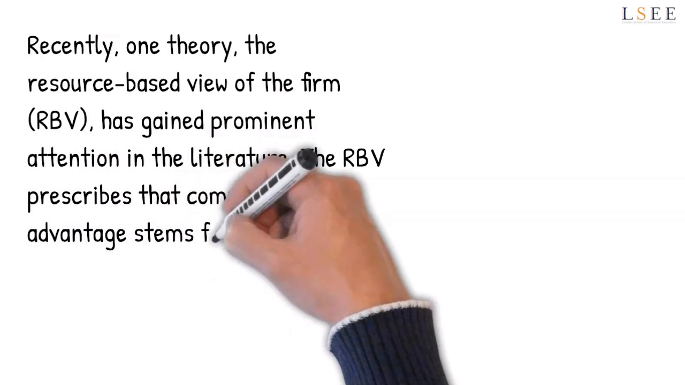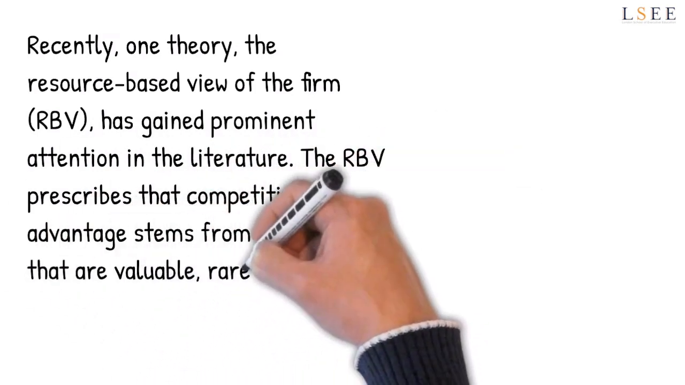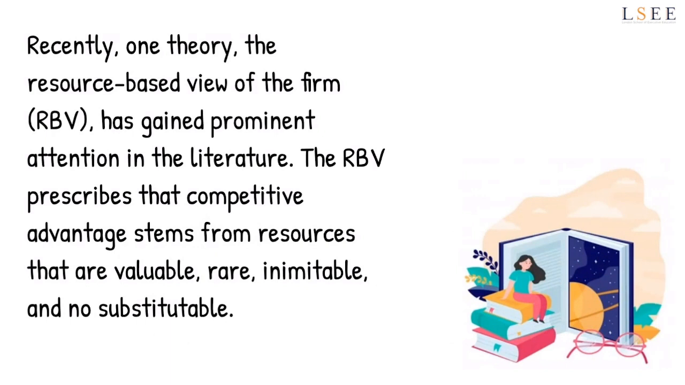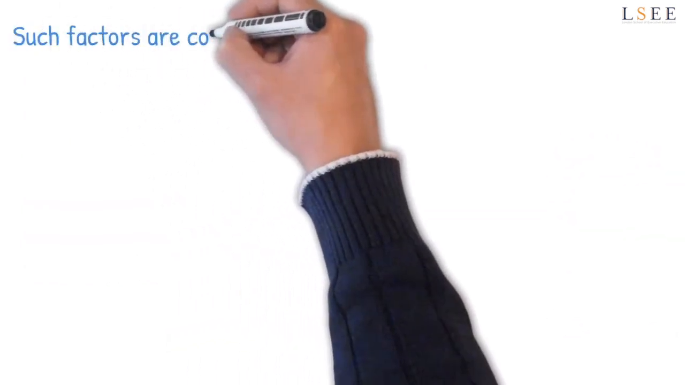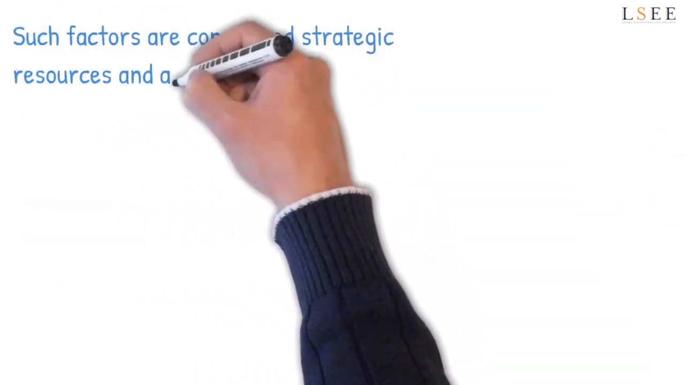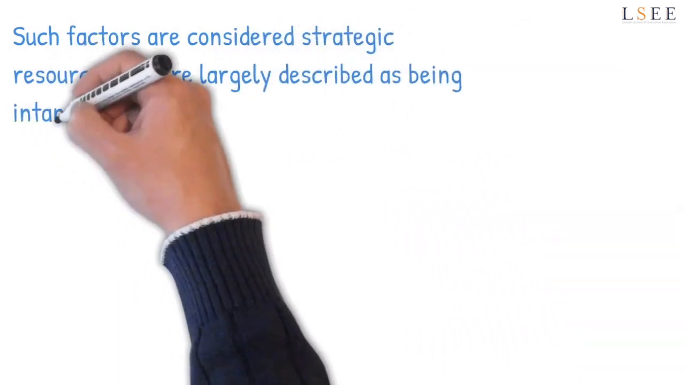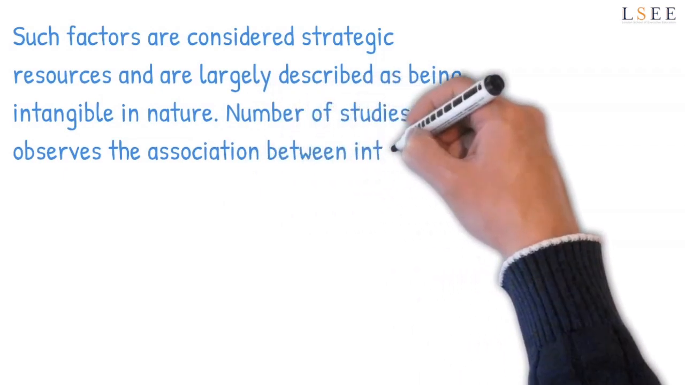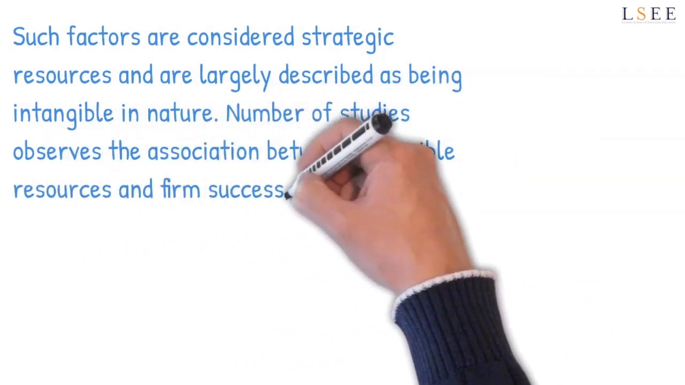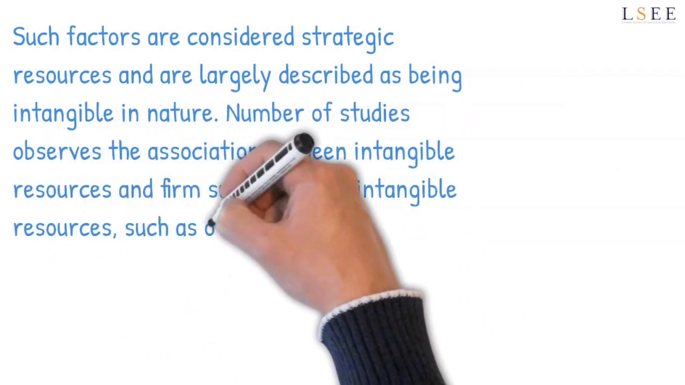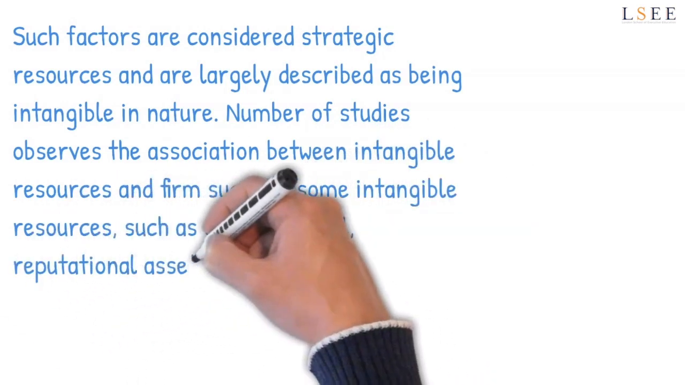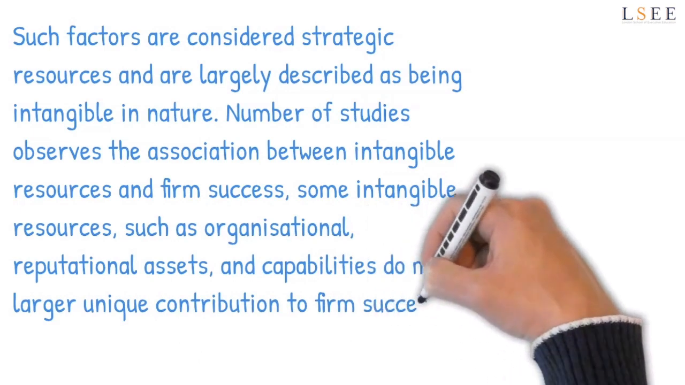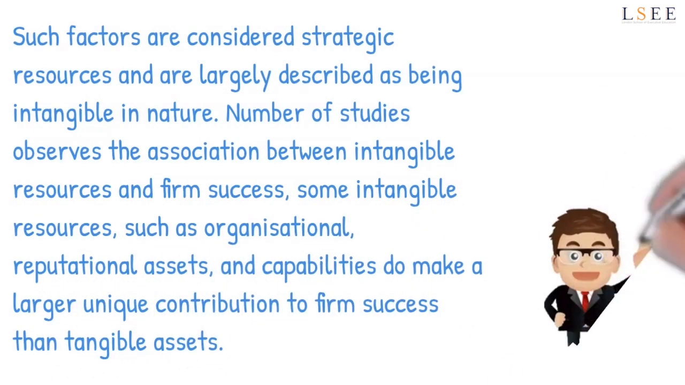The RBV prescribes that competitive advantage stems from resources that are valuable, rare, inimitable, and non-substitutable. Such factors are considered strategic resources and are largely described as being intangible in nature. A number of studies observe the association between intangible resources and firm success. Some intangible resources, such as organizational and reputational assets and capabilities, do make a larger unique contribution to firm success than